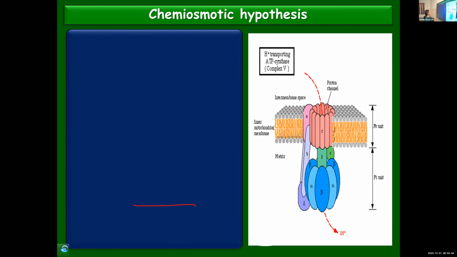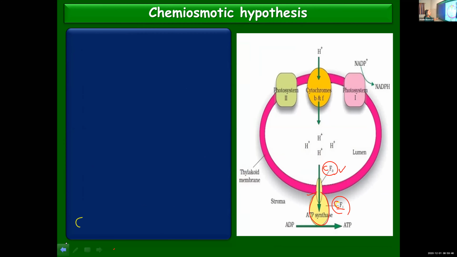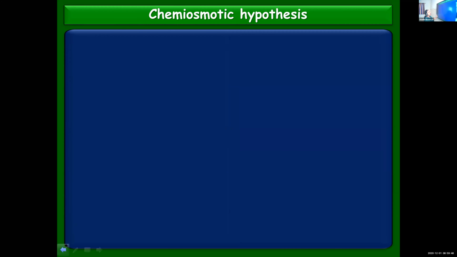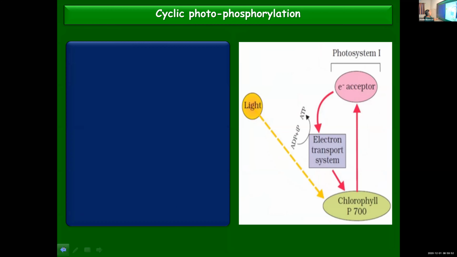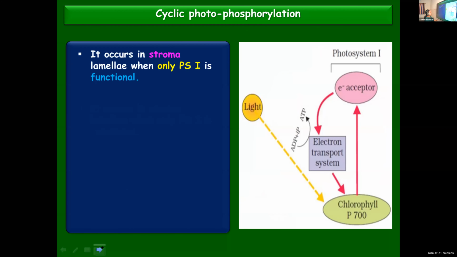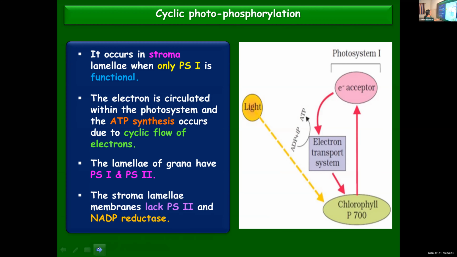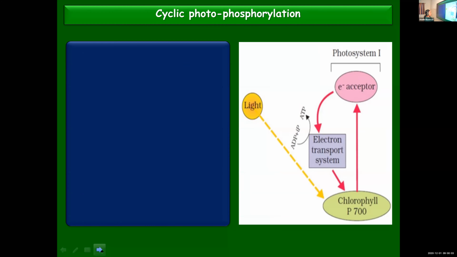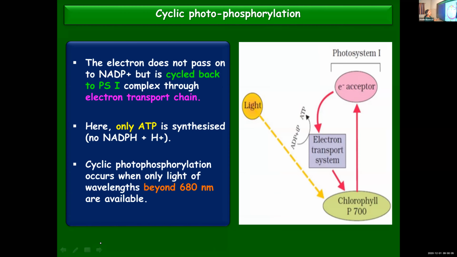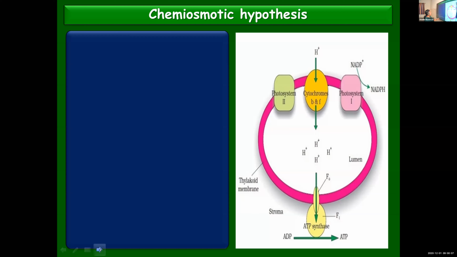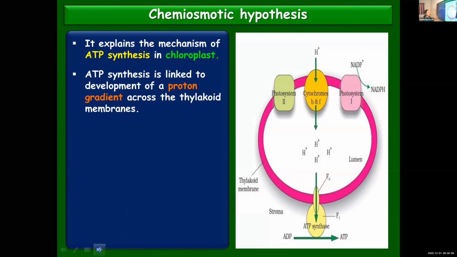So quickly we will summarize the chemiosmotic hypothesis. It's a very important topic, and many topics are there in this particular chapter, and you can expect lengthy questions or 5-mark, 3-mark questions from this chapter. Not only this chapter, the next chapter, that is respiration, is also equally important. There are many flow charts and cycles that you need to learn. So quickly, we'll summarize these points.